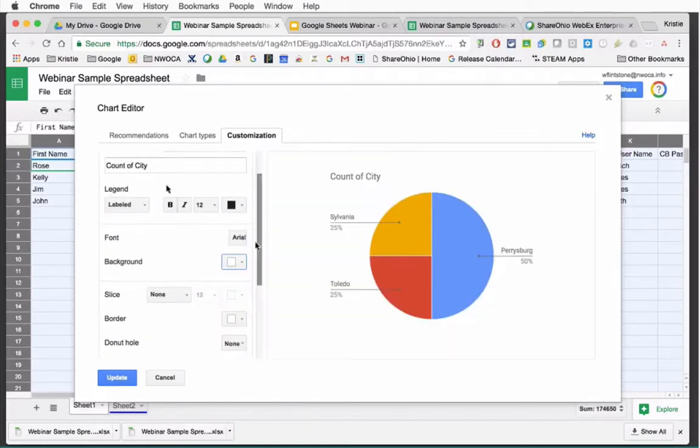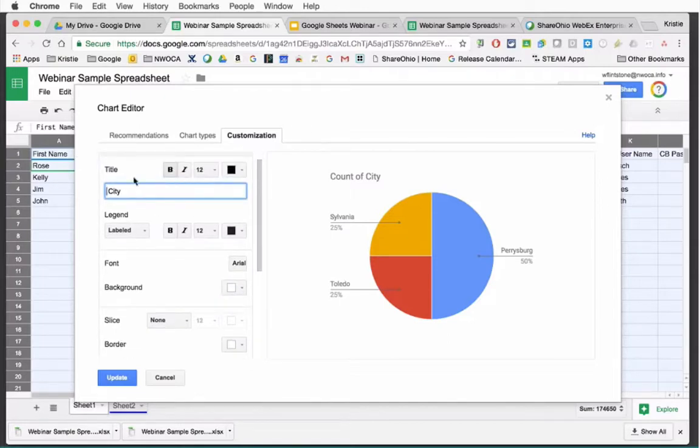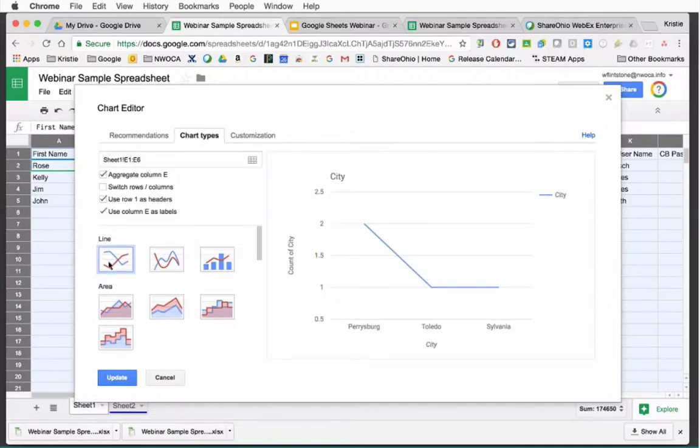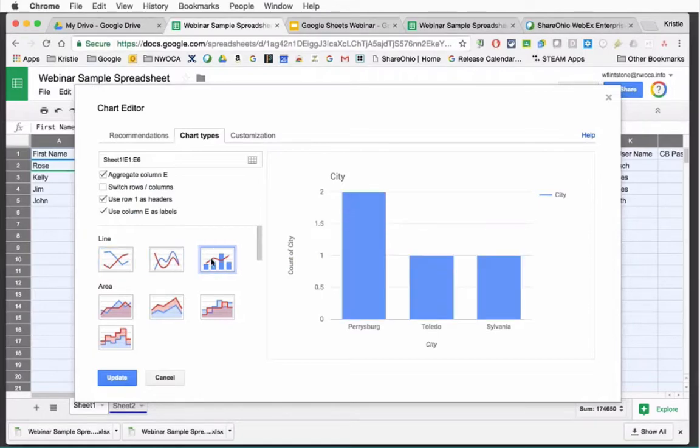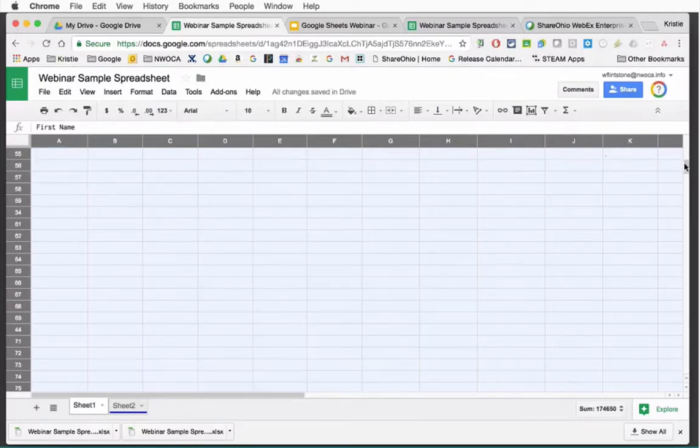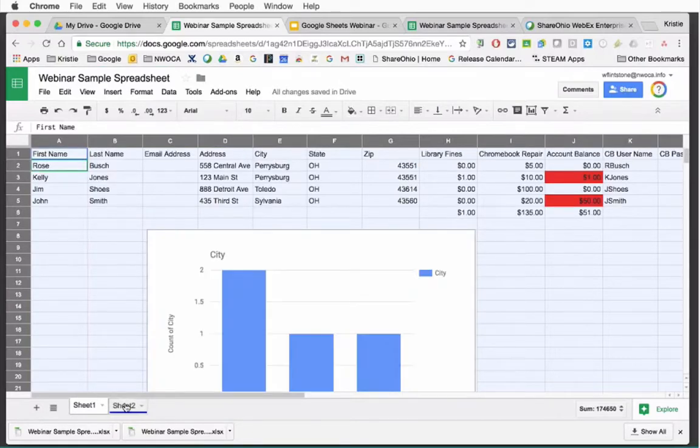But you can change all of these things, how it's labeled. I can maybe just say city instead of count of city, and then I can change all that. I can even change the chart type. So if I want it to be a line chart, I can go ahead and change it to be lines or to be anything I wanted up there. So when I say update, then it automatically updates it in my chart. Now, if you're looking at that and you're like, okay, that's really nice, but I don't really like to use that Explore tool and I'd really just like to create my own chart from scratch, you can certainly do that